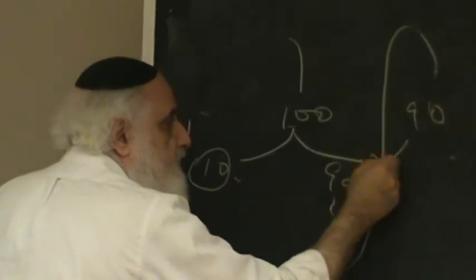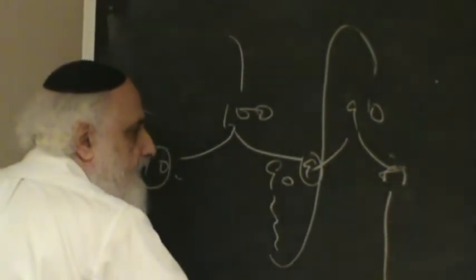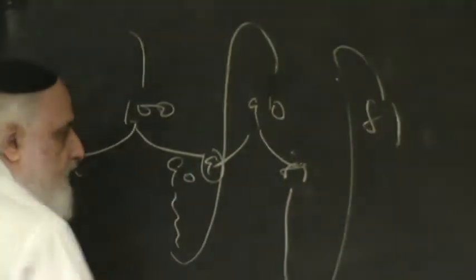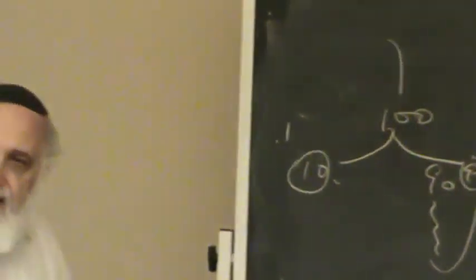Now, the same thing happens to this $90. $9 is put on reserve, $81 is lent out. Eventually it ends up in another bank, right? So the first $100 makes $90, makes $81, makes $72. Now, as you can see, this series is declining. It's going down. And it's eventually going to peter out. It's going to get to zero.